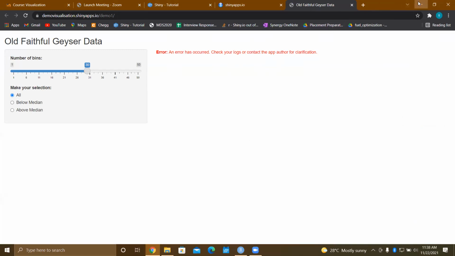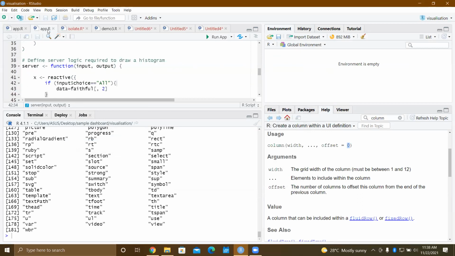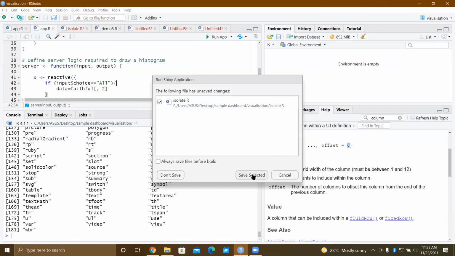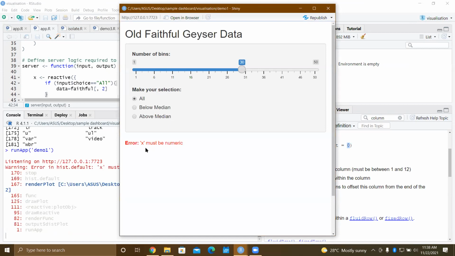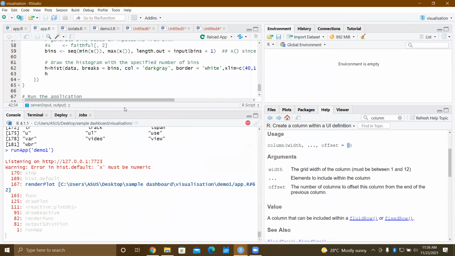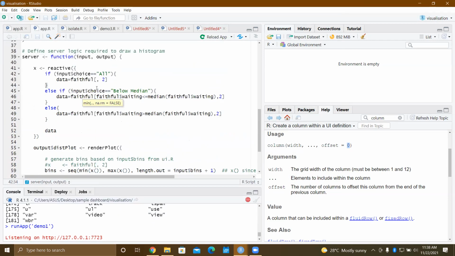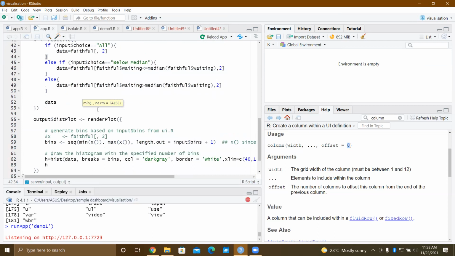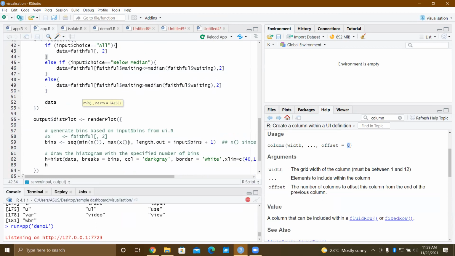All right, error with the app. X must be numeric. Okay, so I have removed the no. What is happening here? X must be numeric.